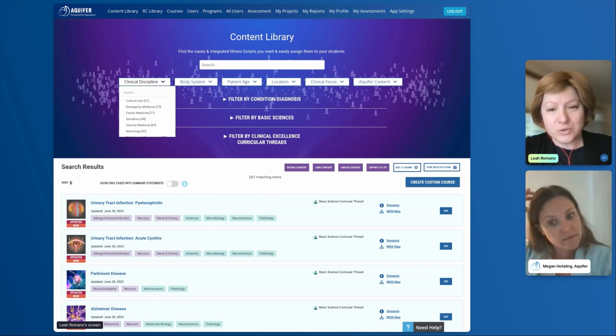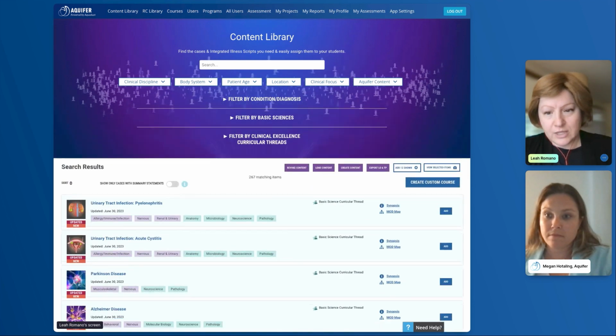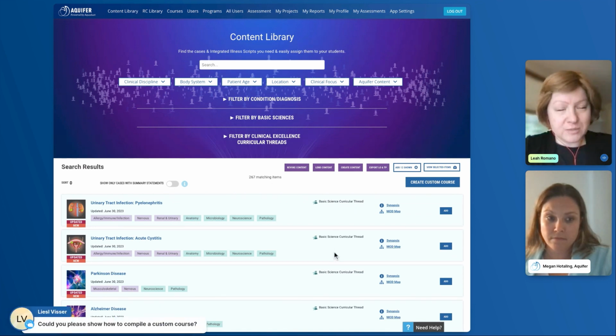But it's tied to your subscription. You can choose any one of these drop downs, and then other filters to help you find the content that you need. I really like the color coding and the toggle for the summary statements. So there's a lot here on this page that's been updated as of July.